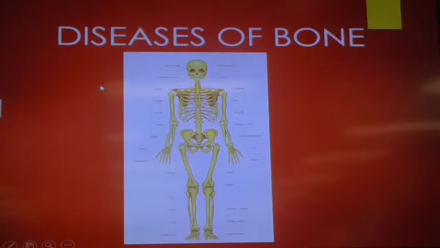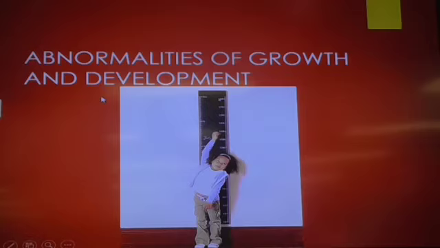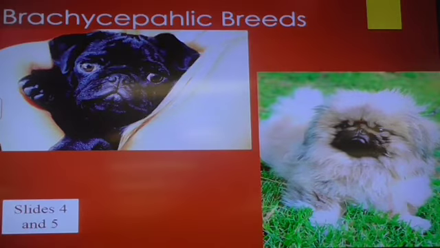Now we're going to look at some diseases of the bone, and we always try to start with some sort of abnormal development. And so these are considered skeletal dysplasias. And even though these are some breed specific, they're so cute, they actually is considered a congenital or sort of a malformation. But now they're sort of specific for these breeds. So what breed is this? It's a pug. What about this guy? Pekingese. And so they're considered